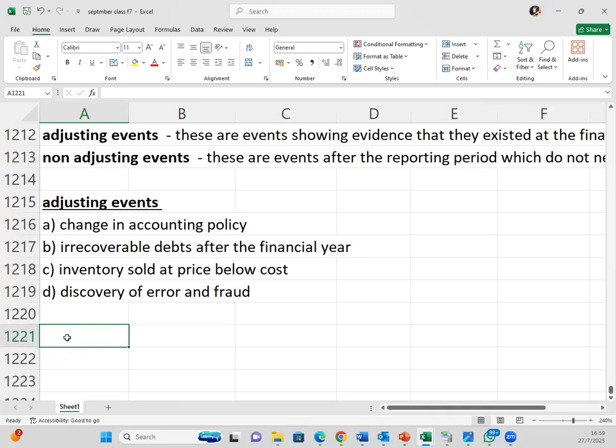But there are non-adjusting events that have a significant impact, such as natural disasters after the year end. So the building was destroyed. So there is a non-adjusting event, but with a significant impact. So how should we deal with a non-adjusting event with a significant impact? So non-adjusting events with a significant impact